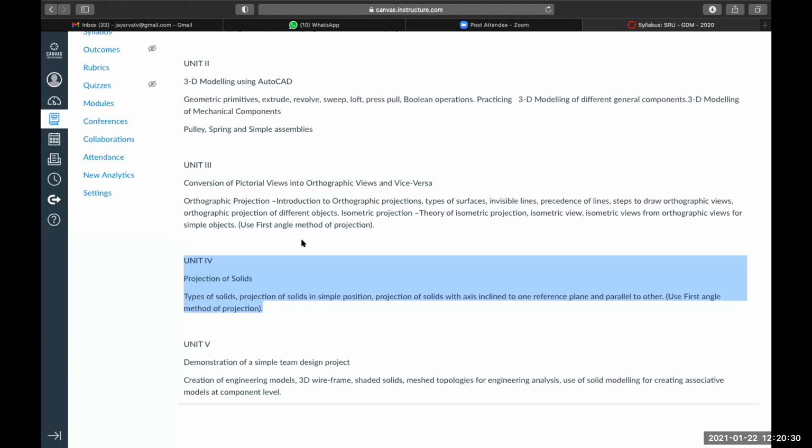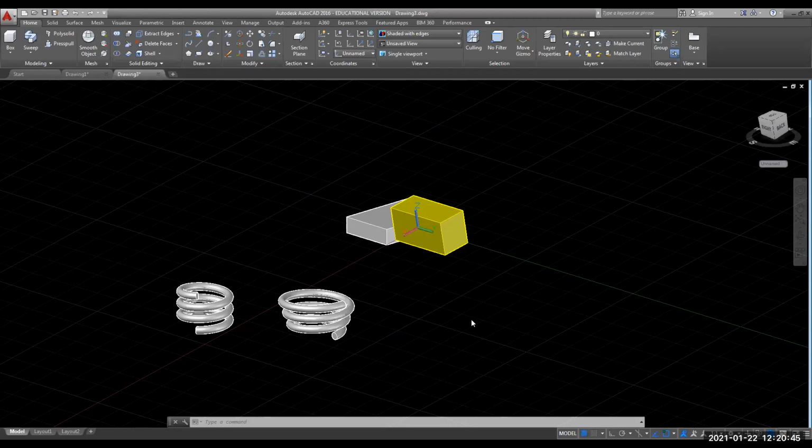Now coming back to your software part, one or two components I will show you. Coming back to your AutoCAD software, just now we have seen your spring, how to build this spring using the helix command, and how you can perform coordinate system transformations.